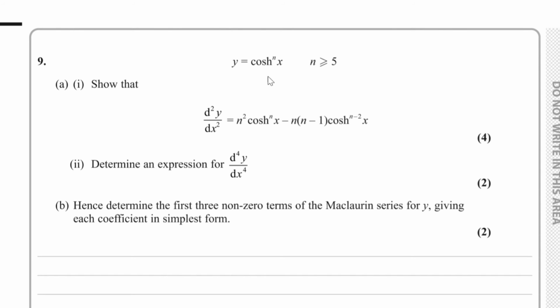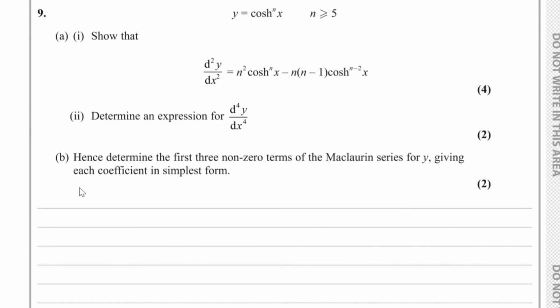Question number 9. We are given that y equals cosh x to the n, where n is greater than or equal to 5, and for the first part of part A, we have to show that d squared y over dx squared is equal to n squared times cosh x to the n minus n times n minus 1 times cosh x to the n minus 2. So, for part A,